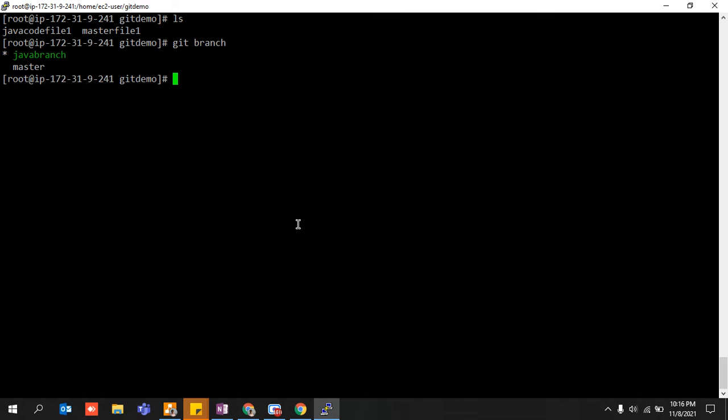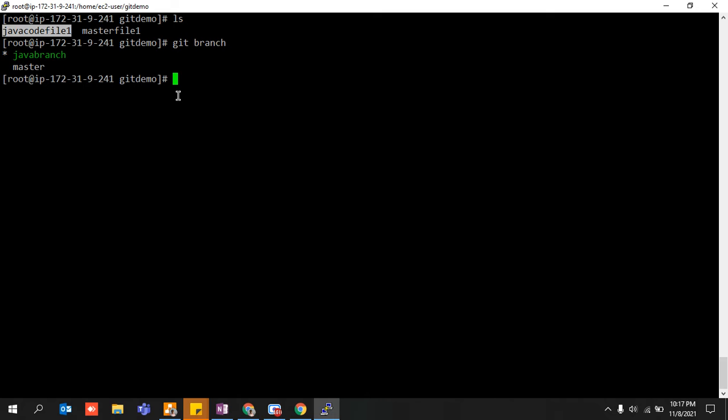Since I'm just giving a demo for understanding purposes, but in real life there may be n number of Java files. It can be Java file 1, Java file 2, Java file 3, Java file 4, Java file 25, 35, because a lot of coding, developers are writing on the backend, or even automation testers are writing a lot of code for each and every page. So if you think from that point of view, there would be a lot of files getting generated, and you need to merge them onto your master branch.